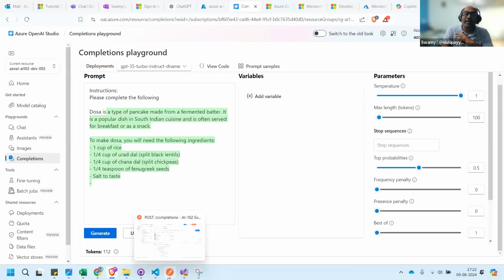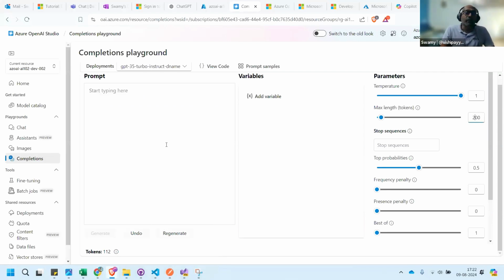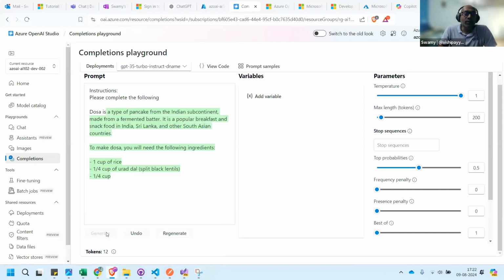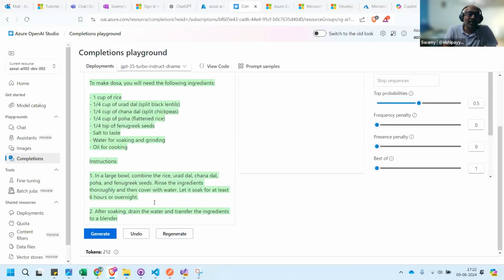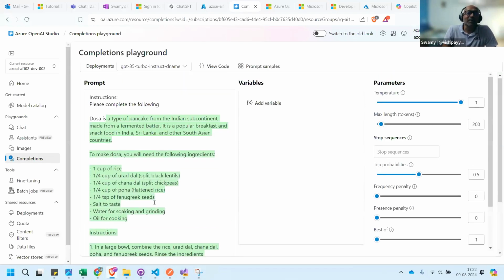If it says length, that means it is due to the tokens available. So if I bump up the tokens to 200 and paste it again, it says there are 12 tokens it's consuming, and the tokenizer is a tool which we have seen. See this, when I said 200 tokens, it's giving more information.